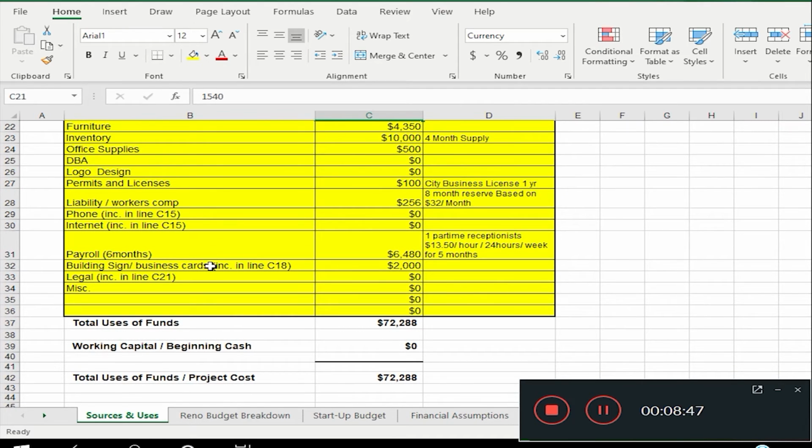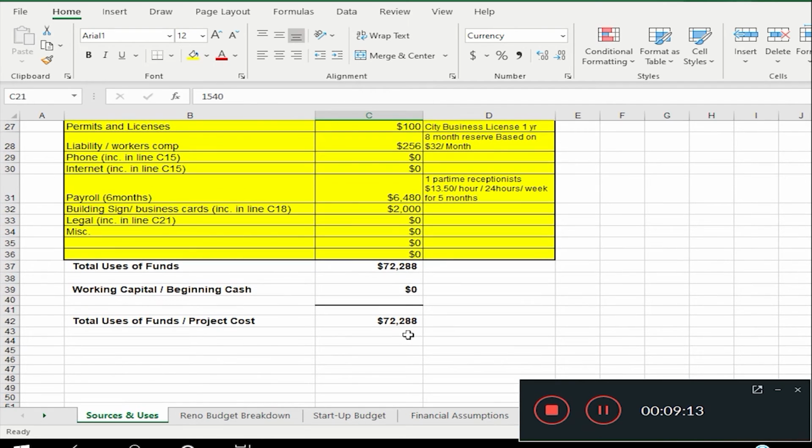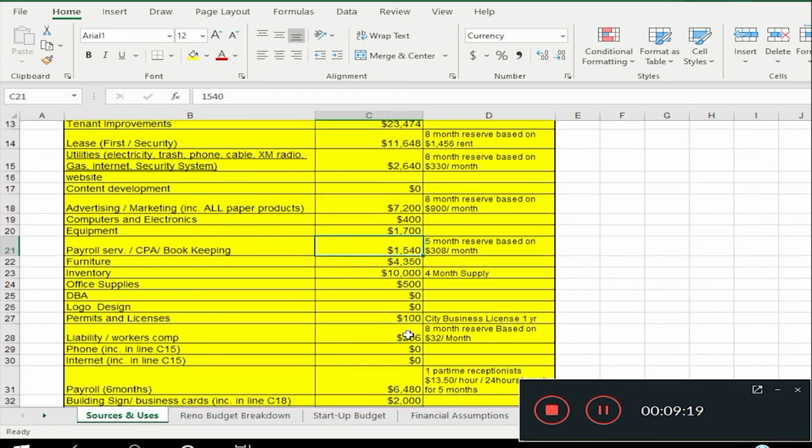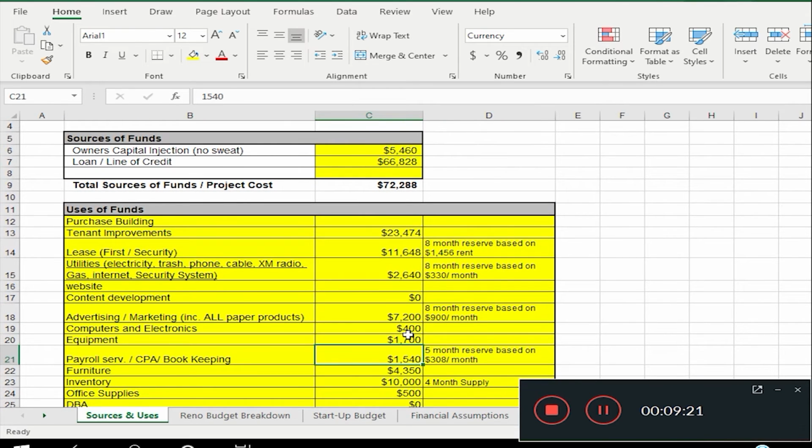And then the last is my business sign and business cards, but the majority of this expense was for the sign that went out on the front of the building to let people know that we are here. And so all of that totaled to the amount of funds that I have to use towards my startup, which is $72,288. Okay. So this is just a quick overview of how I did that and how I made my budget for my